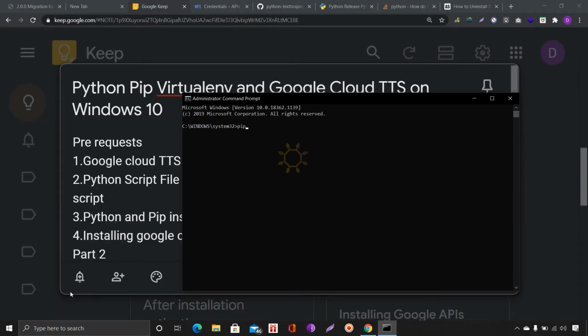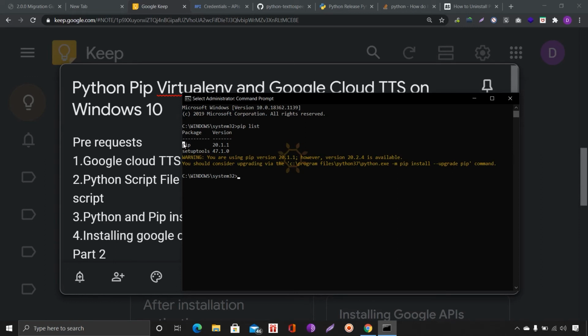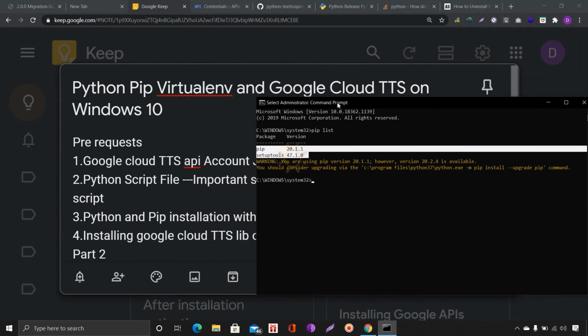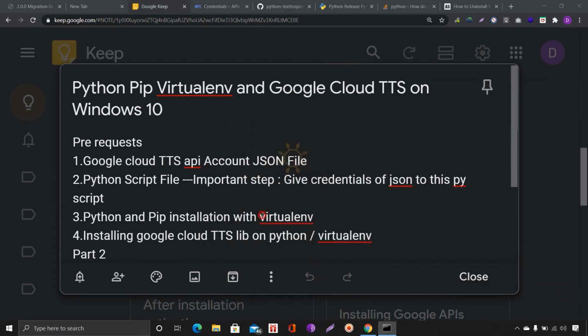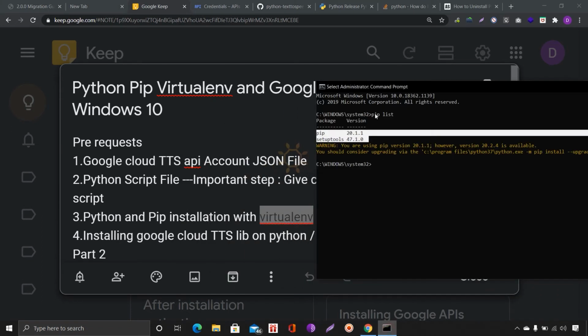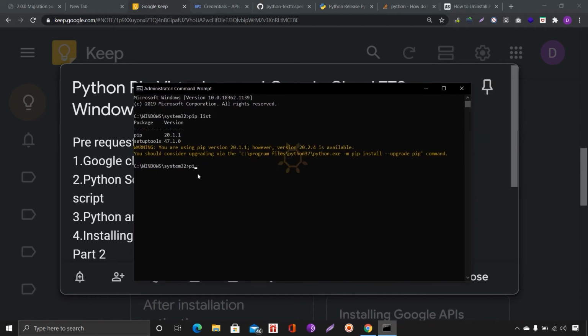Now we will check what Python libraries are installed by default. So only these two libraries are there. But we already told we need to install in a virtual environment. If you are installing any library, you can just type pip install, but we need to install in a virtual environment.